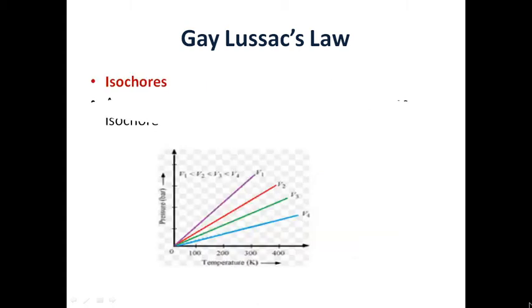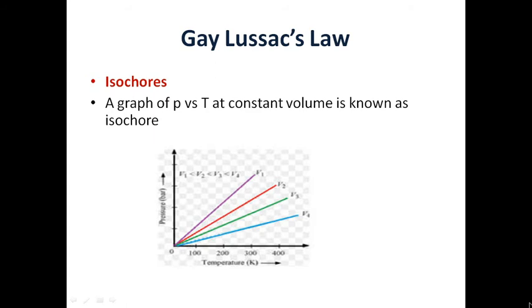Now we have isocores. Just like isotherms and isobars, we have isocores. Here iso means again same, and core represents the volume. A graph of pressure versus T at constant volume is called an isocore. Now you can see the graph, which is similar to an isotherm, but we have pressure on the left hand side